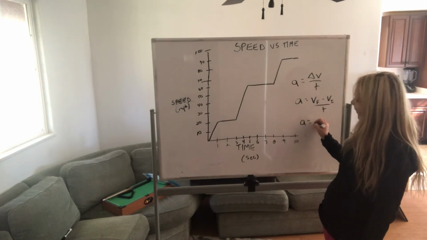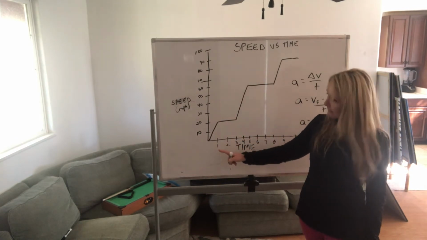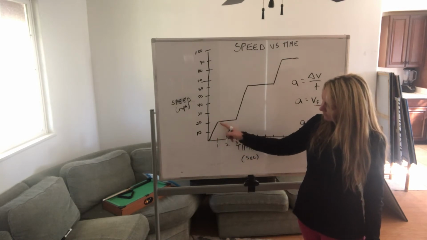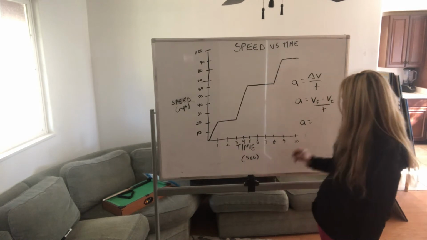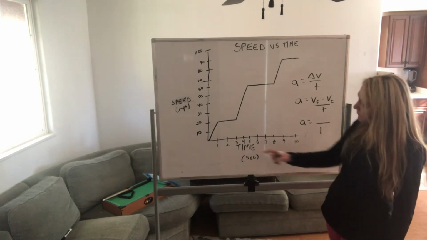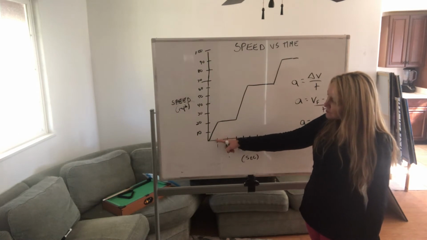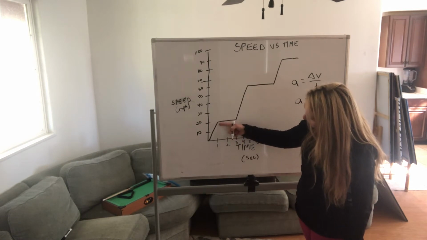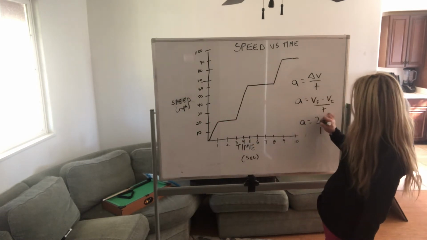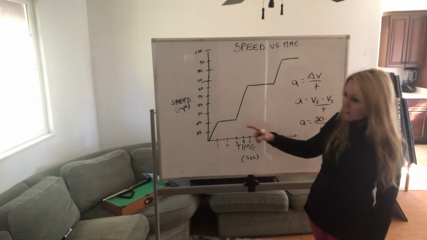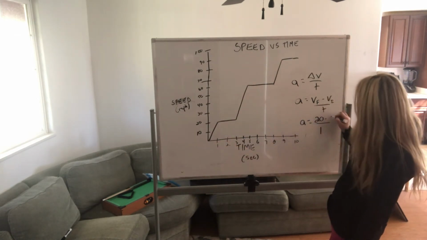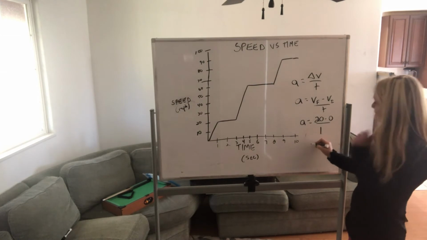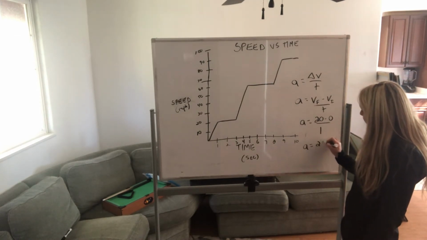Right? So the final velocity, I'm looking at the first second now. So just this part, I just want to see what the acceleration of the car is right here. So the time is 1 second. So T is 1. The change in velocity is what we have to figure out. So the final velocity in that second is here, right? It's 1 second, and it's 20. So 20 is the VF. The initial velocity is 0. It's not moving. So 20 minus 0, which is 20, divided by 1, is 20. So the acceleration rate is 20